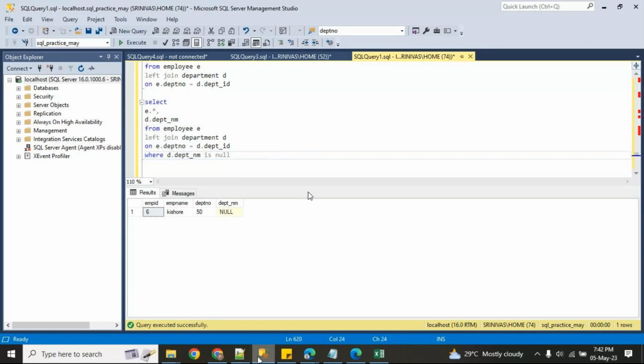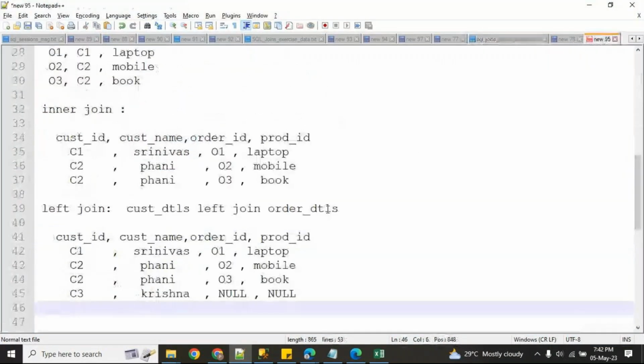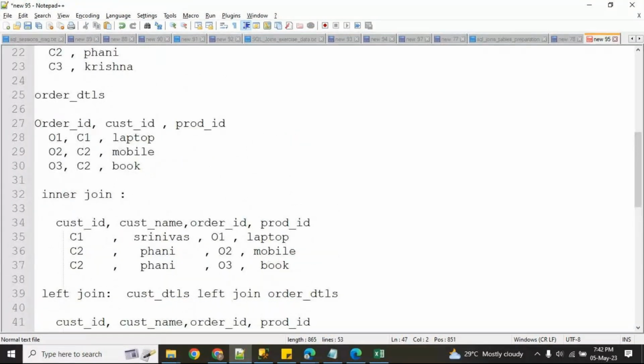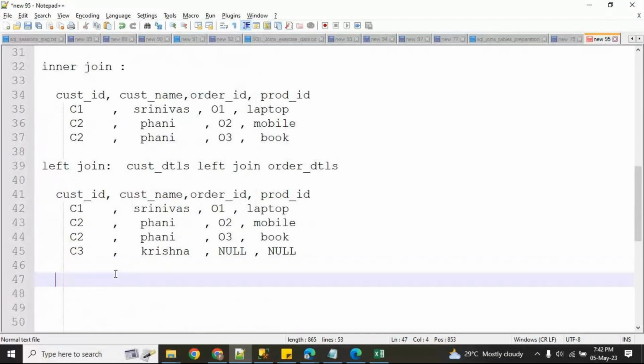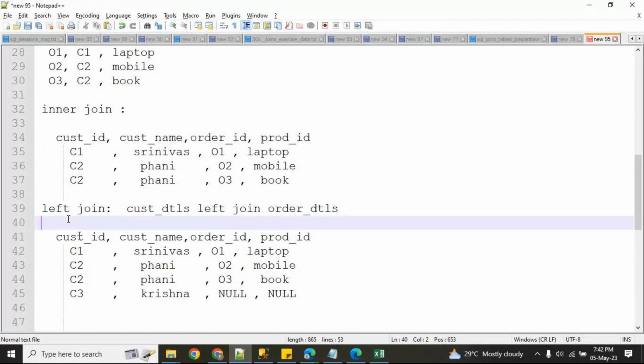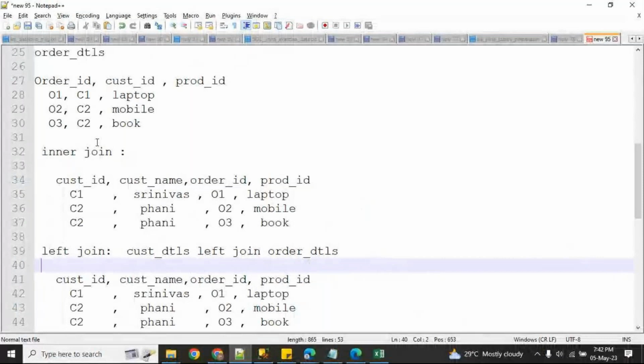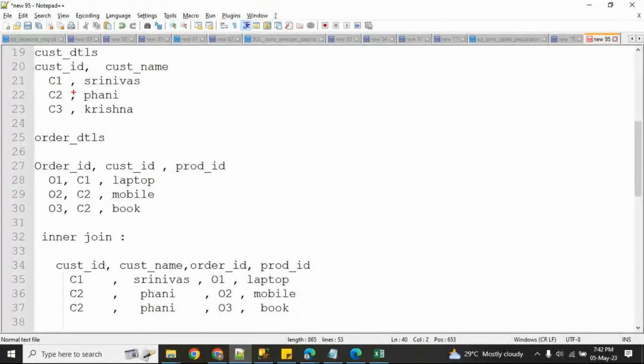Here, in a similar way, I provided the data. Now I created two tables and inserted data. Now, in this case, inner join: the customers who are purchasing products.